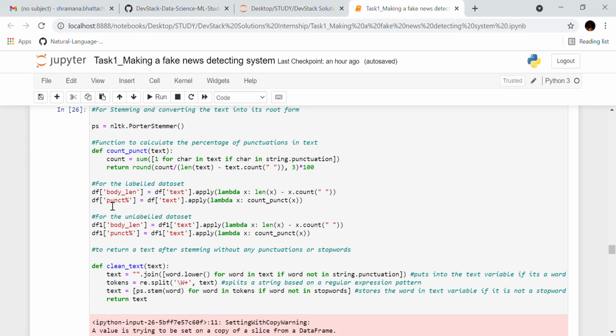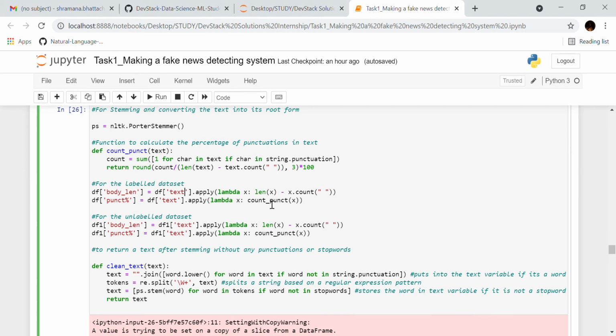The punct percentage column in the DF dataset will give the percentage of punctuation marks in my text, and the body length column will give the length of the text without the spaces. I don't want the spaces to hamper my length count.